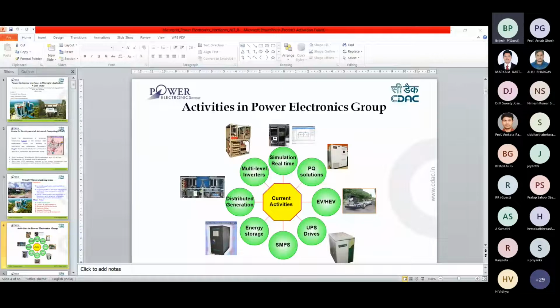That boundary is well defined, and it can act as a single controllable entity with respect to the grid, and either it can operate as a standalone system, or it can connect to the grid and operate in grid connected mode.